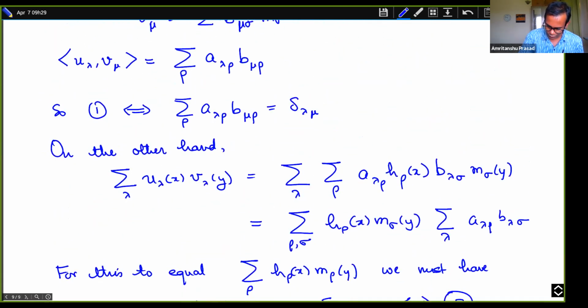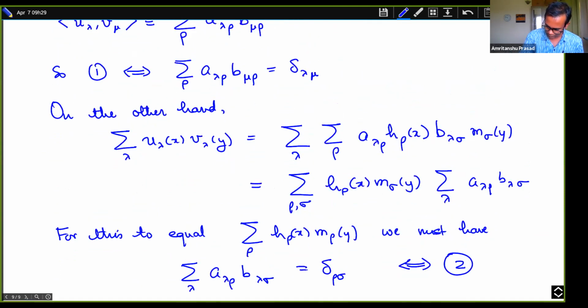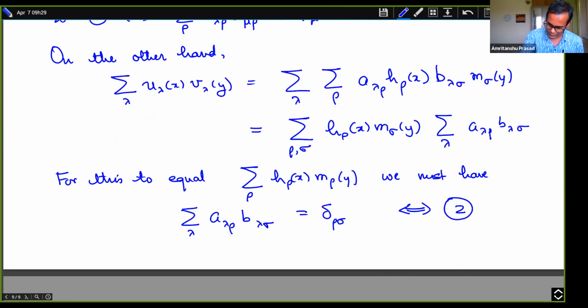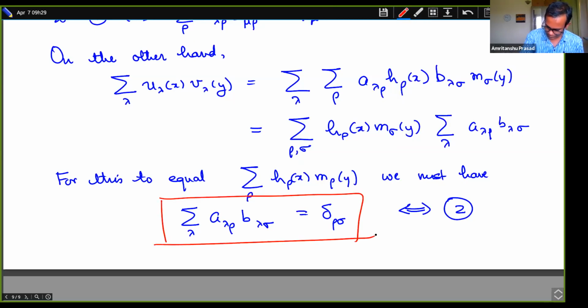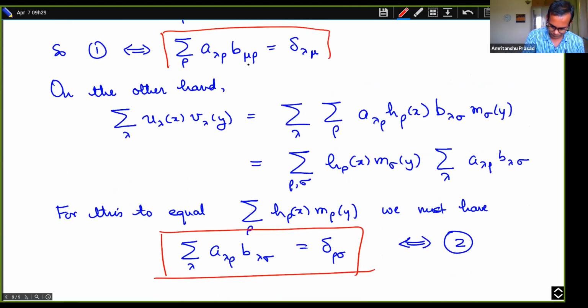So now all we need to show is that this condition over here is equivalent to this condition here. Okay, but now they look very similar, but they're not exactly the same, right? So if you think about it,